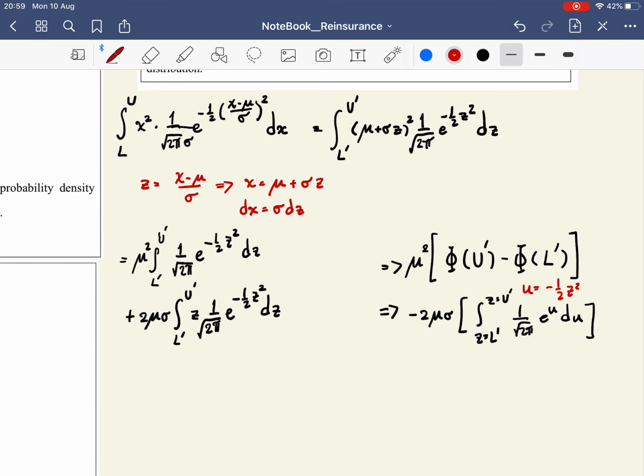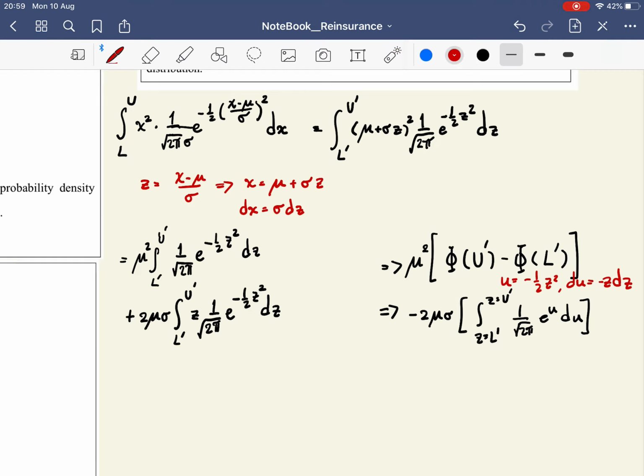Okay, so we have du equal to negative z dz. Okay, so that's why we have a negative here, and this one comes to u, this one just goes away. Okay, so